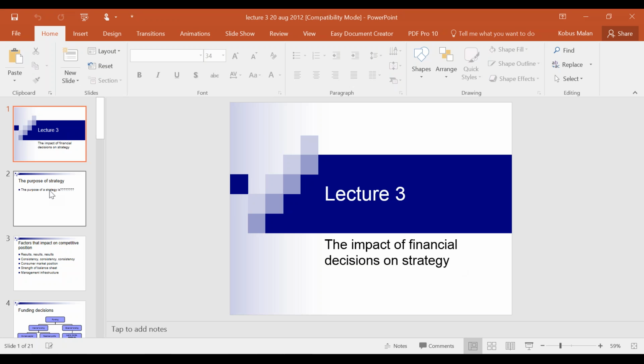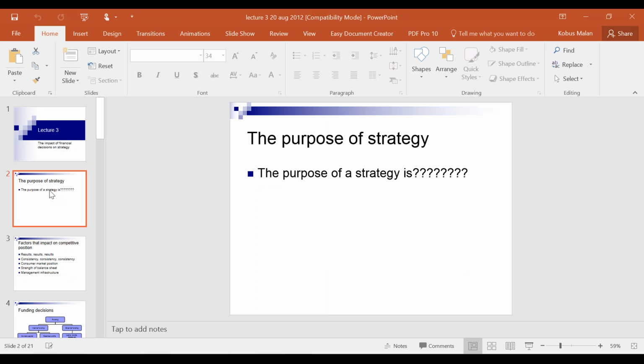So, what is the purpose of strategy? The purpose of strategy is a very interesting question because quite often we do not understand quite why we have a strategy, but it is very clear that every business has a strategy. It may not be an elaborate strategy and it might not be a very good strategy, but businesses have strategy because even when a person walks across a road, that person has a strategy of getting from the one side